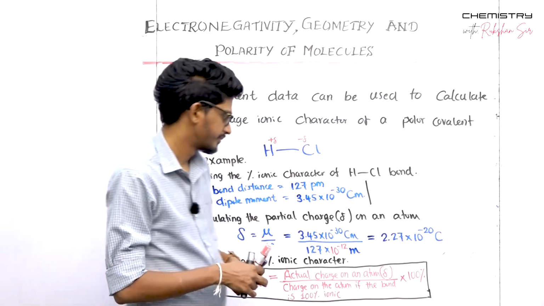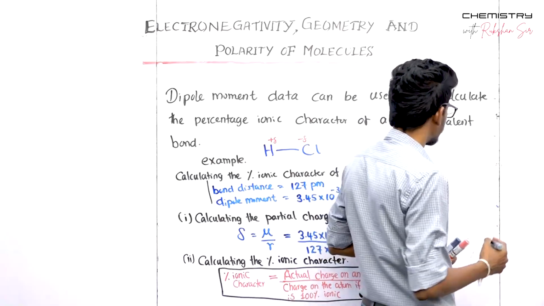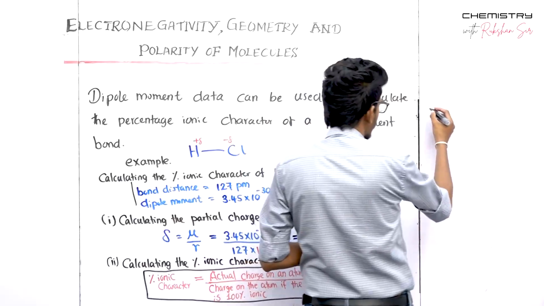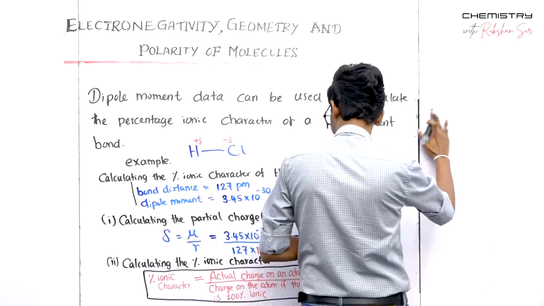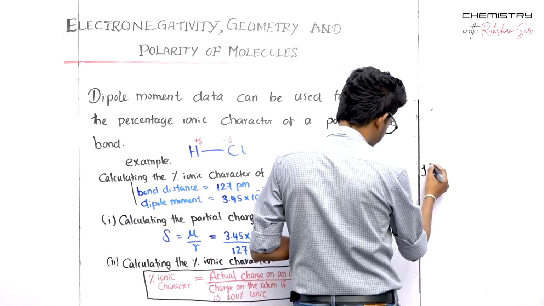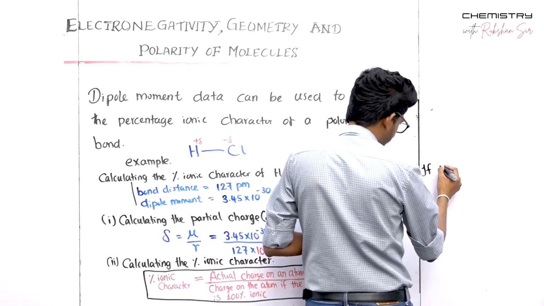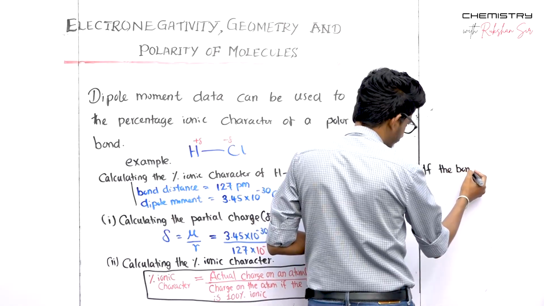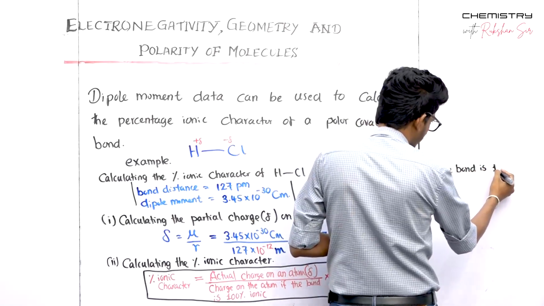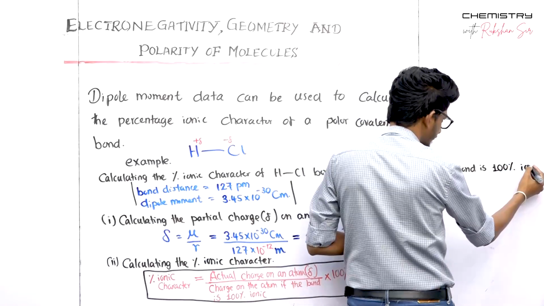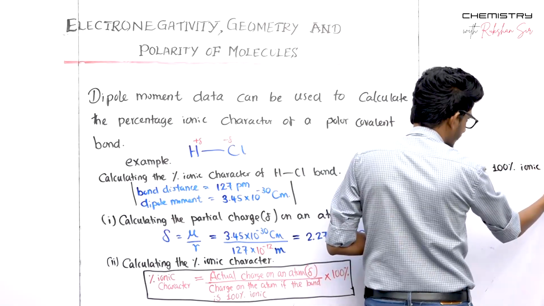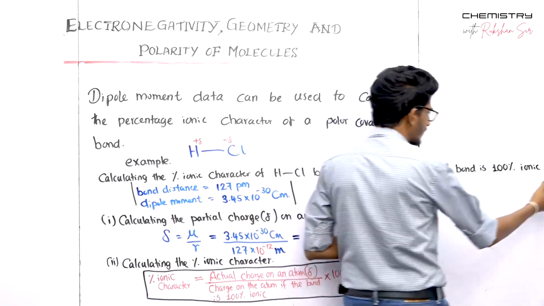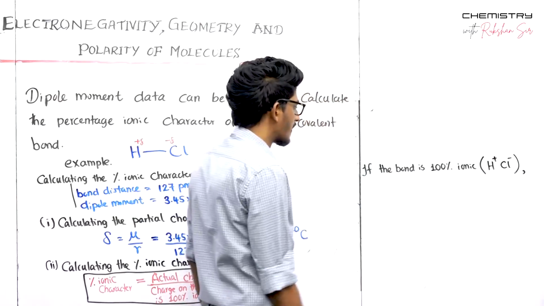Let's calculate that here. If the HCl is like this and the bond is 100% ionic,